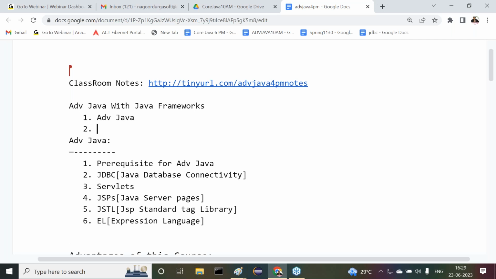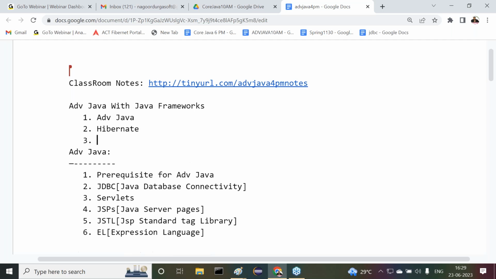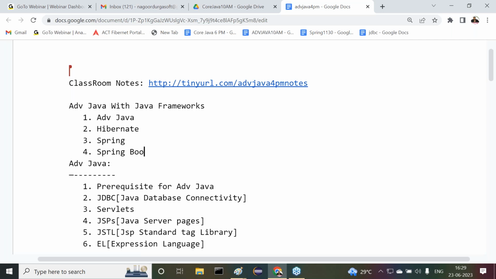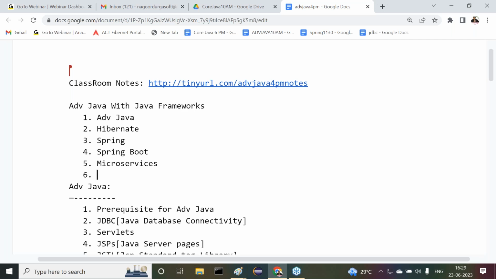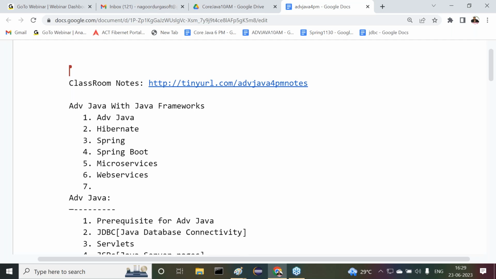First one is advanced Java, next is Hibernate, then Spring, next Spring Boot, then microservices, then web services. So these are the topics we are going to understand.